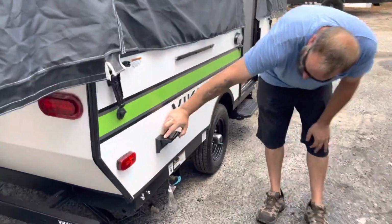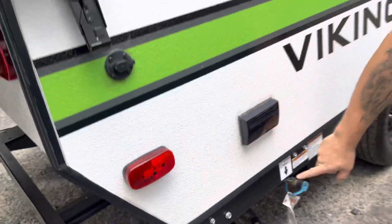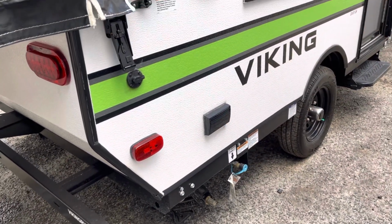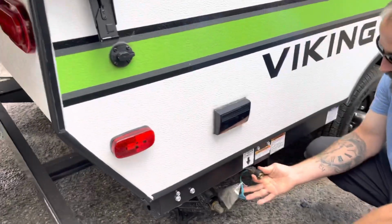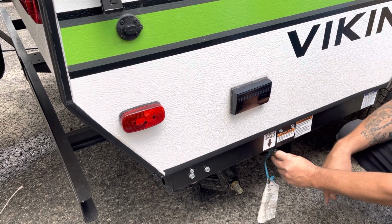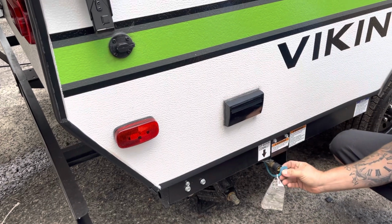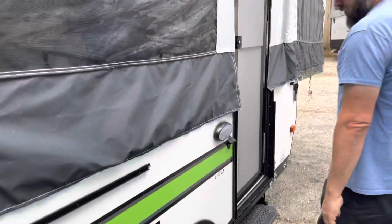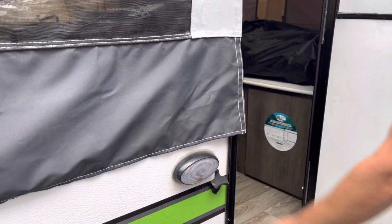Power outlet on a ground fault circuit. It's like a remote location for your gas. You're going to get your hose. It's all it is, a quick connect. Pull it back, put it in. Your hose will be in there, and then you can open up this valve and it'll let the gas out, and you can use your grill or whatever you have. Add a smoker and it worked great. Bottle opener. Outdoor light. Oh yeah, we're not plugged in. We need to